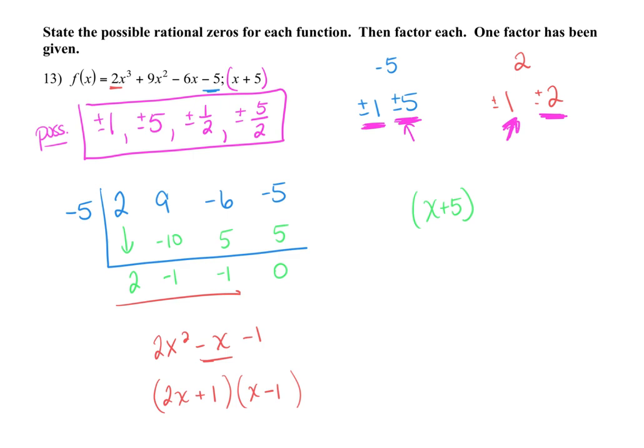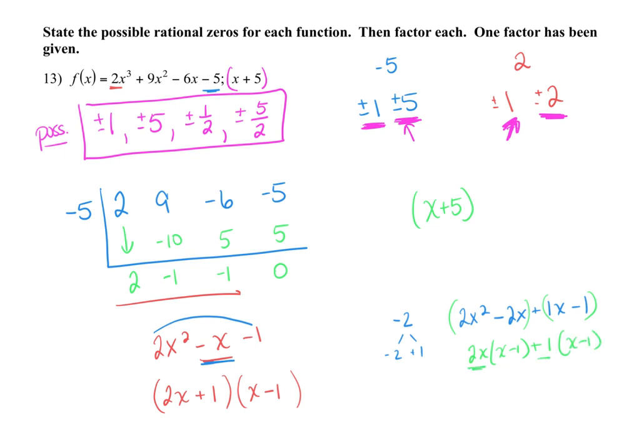All right? Again, if you don't remember how to factor that, multiply across. 2 times negative 1 is negative 2. Factors of negative 2 that add up to negative 1. That's negative 2 and positive 1. Rewrite it: 2x squared minus 2x plus 1x minus 1. And then factor by grouping. Take out a 2x. When you can't take anything out, take a 1 out. You can see you get 2x plus 1